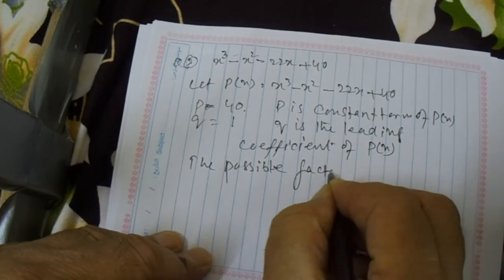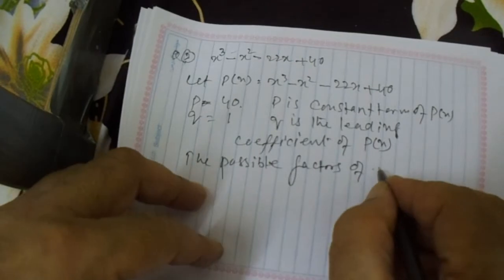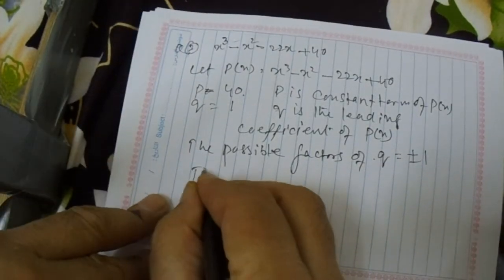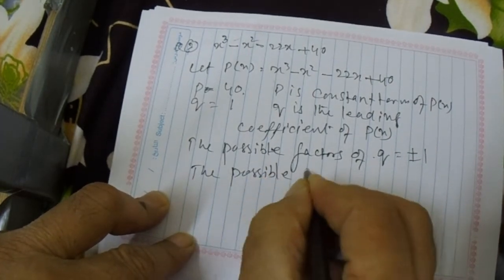factors of p, q = ±1, and the possible factors